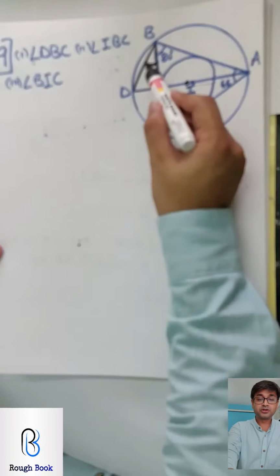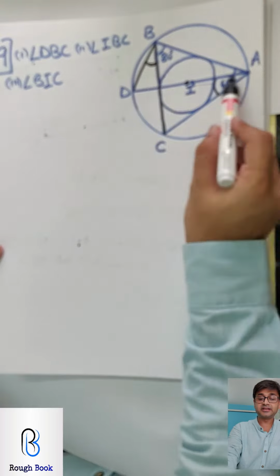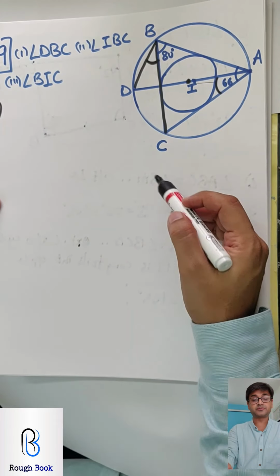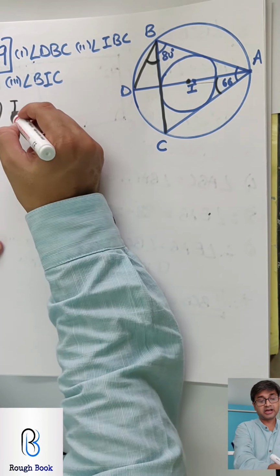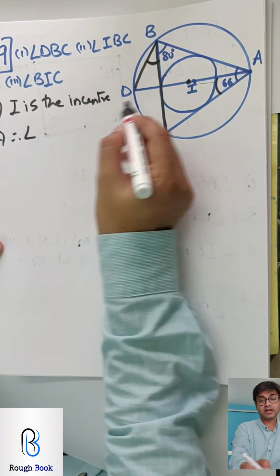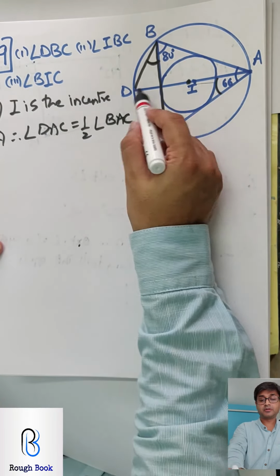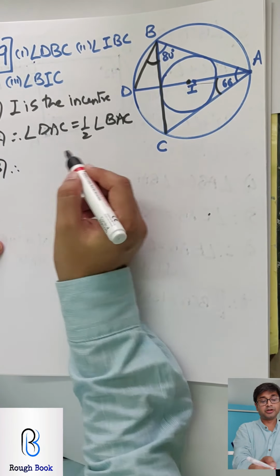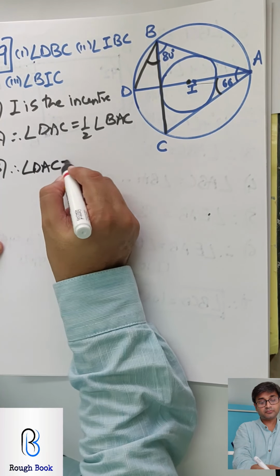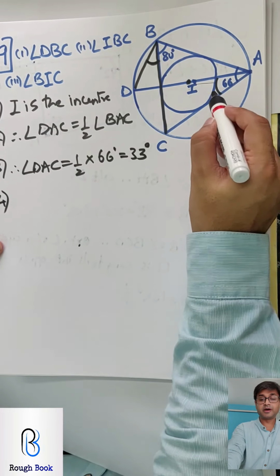DBC, how will I get that? So DBC will be equal to DAC, angles inscribed in same arc. To get DAC, say this is the bisector, so 33. Half will be there because I is the incenter. So let's get this first part and then we look at the next 2 parts. So I will say I is the incenter and therefore angle DAC is equal to half of angle BAC. DAC half of BAC. No need to give any more reasons because step 1 itself becomes your reason. Therefore DAC will be half of 66, that will be 33. So we managed to get this 33.